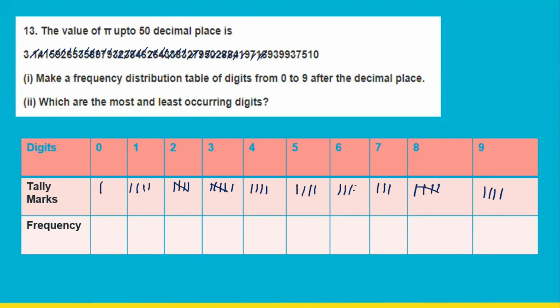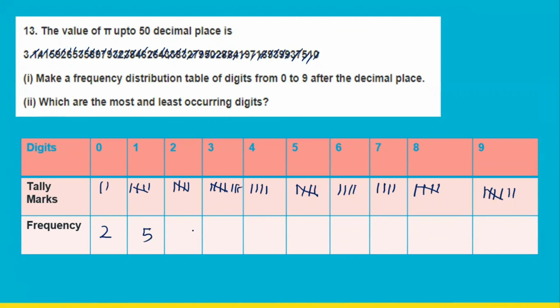6, 9, 3, 9 is twice again, 3, 7, 5, 1, and 0. So look at this, 0 is twice, so frequency of 0 is 2, frequency of 1 is 5,